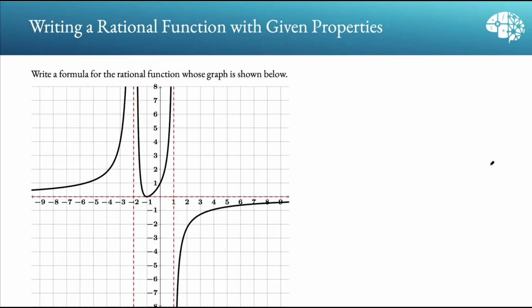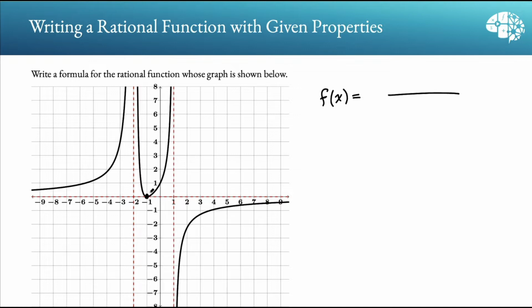Write a formula for the rational function whose graph is shown below. So we're going to write a rational function. We have f of x equals, and there's a few things to look at. First of all, we've got an